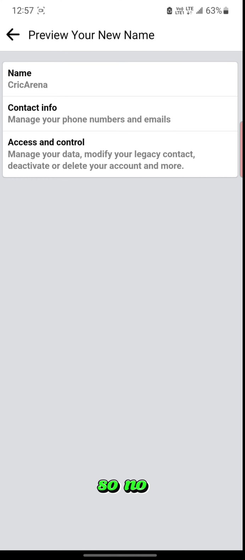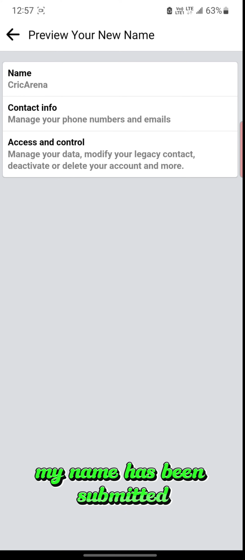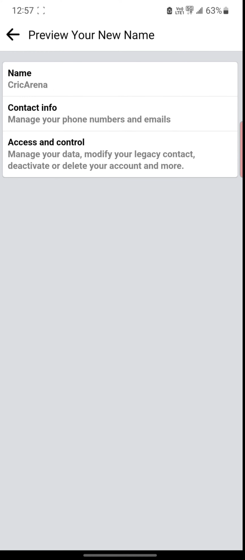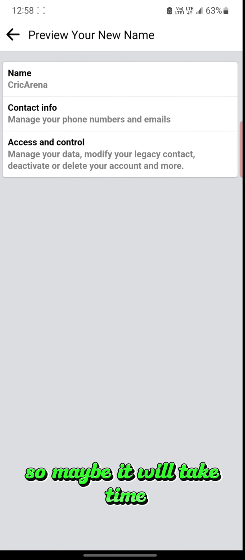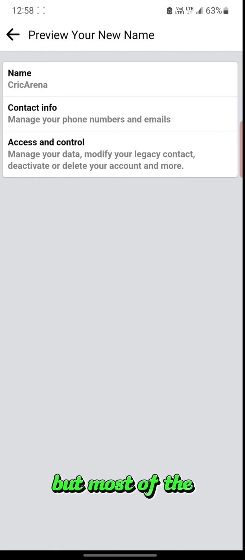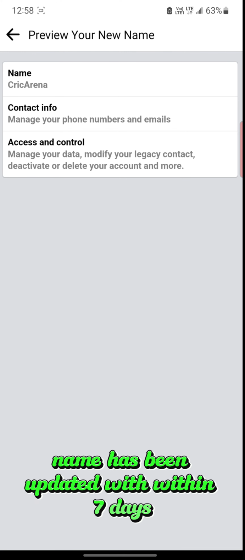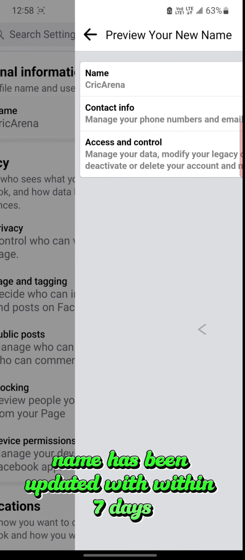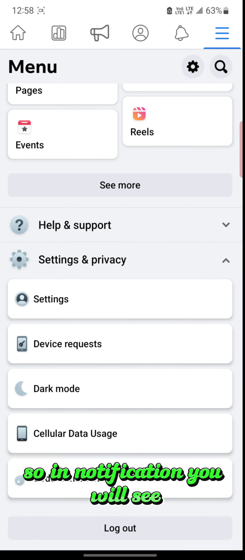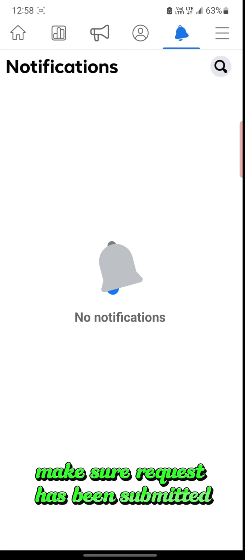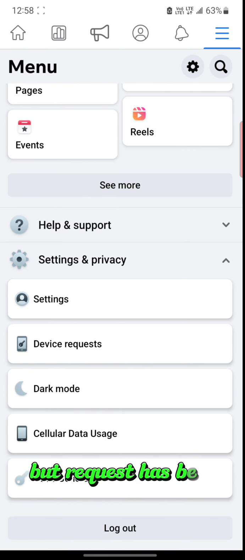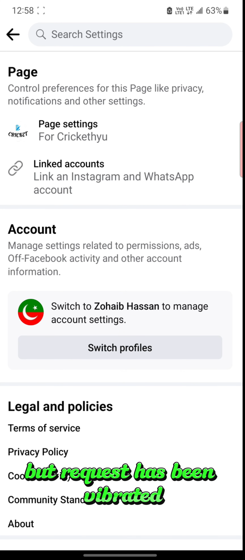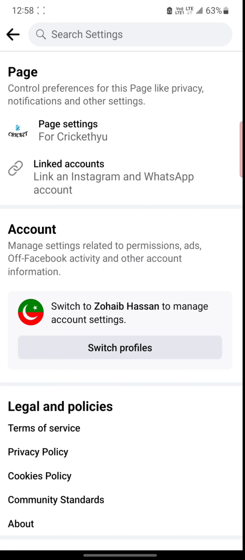So now my name has been submitted and it will be changed within 7 days. Maybe it will take time, but most of the time the name is updated within 7 days. In notifications you will see that your request has been submitted, but in my case it's not appearing, but the request has been forwarded. And here you can see Page settings for